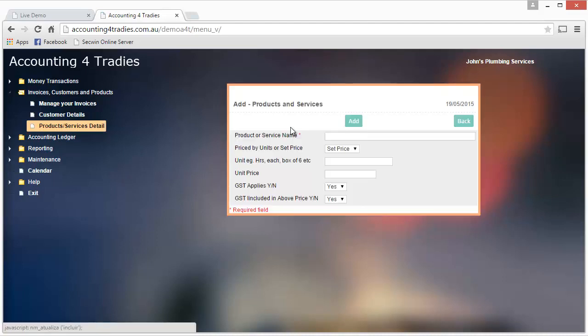So we'll add that. Now there might be circumstances where there's an agreed price or some form of service. So we could say plumbing services, and we'll call this a set price. In other words, it's a price that you can set at the time of making the invoice. So we don't need to worry about units, we don't need to worry about the unit price. We are saying yes, there is some GST, and we'll say that GST is not included as well. So we'll click on add,